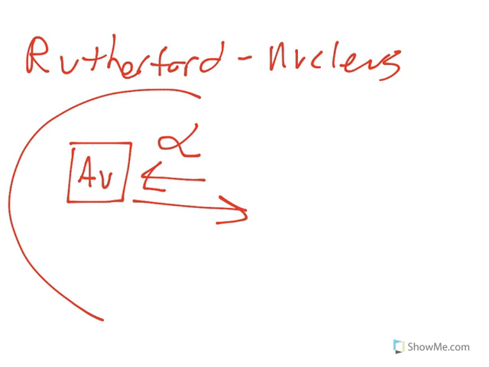The small number of deflections indicated that the size of the nucleus was much smaller in relation to the overall size of the atom. In summary, the structure of an atom is